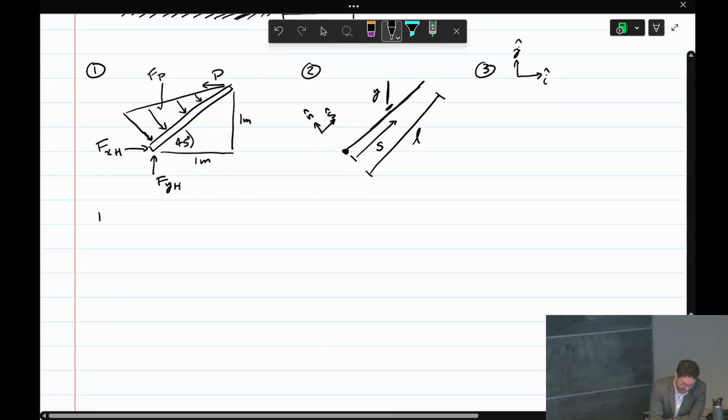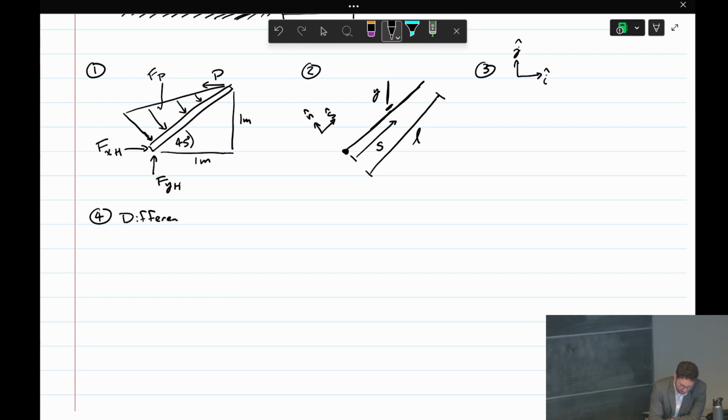Okay, so now we're going to do the hydrostatics part. So the differential force, in this case I've thought ahead. I'm going to do a moment calculation, so I'm going to calculate a differential moment. So for some element here at a distance s from the hinge, the force on that element will be PA. The area of this element,